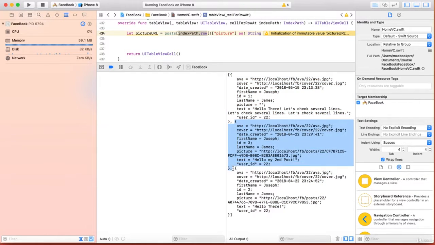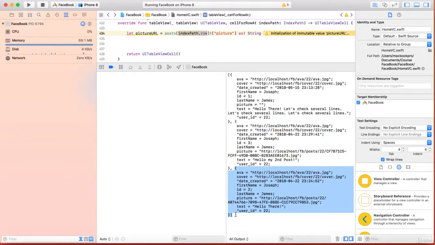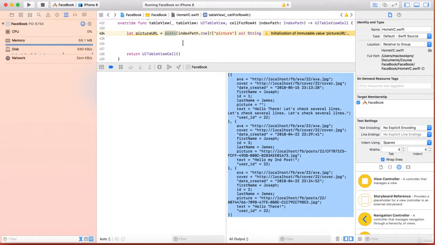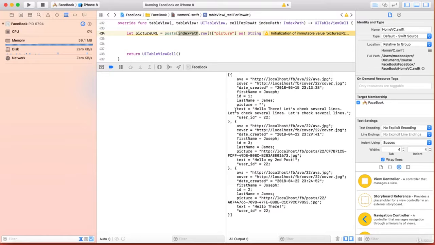The second element will have an index 1. Third element will have an index 2, and so on. So what we are doing here, we are creating one constant with the name picture URL, which will store in itself, where does it go? It goes to the posts array first, then it goes to the index path,